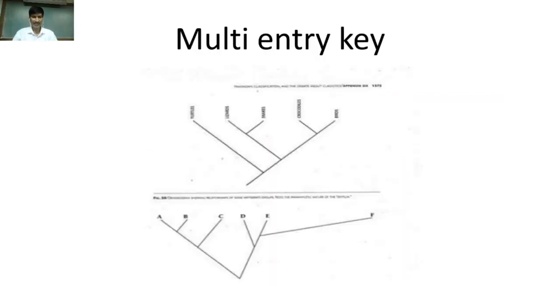The next type of key is the multi-entry key. Here we observe a single origin, but then there is bifurcation. Multi-entry is carried out by duration to duration. There is some species organization in their key, where one character is varied, and there is a mechanism for another entry to that. In this picture, the entry levels are different, and entries occur over the time duration.